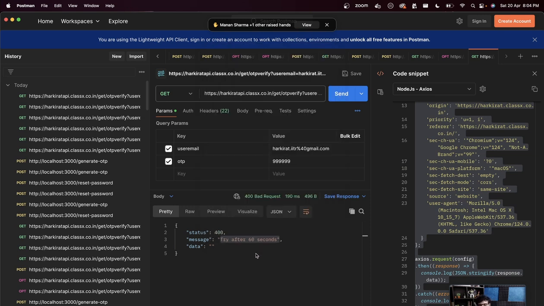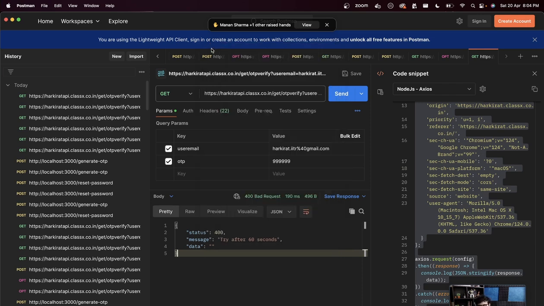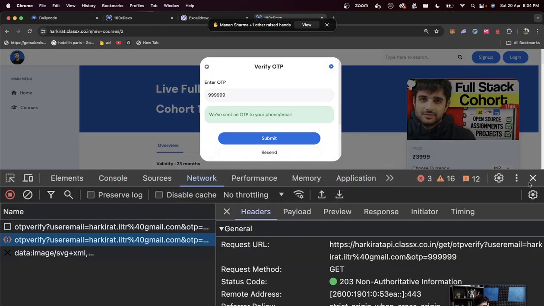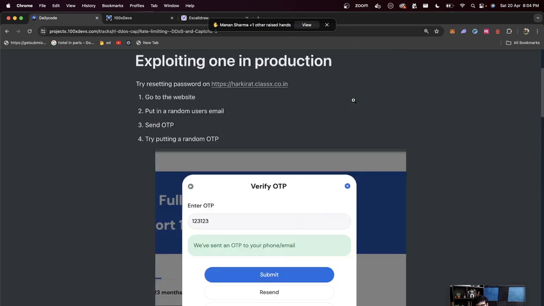Took them a long time. They finally added rate limiting when they got DDoSed. Then they added rate limiting everywhere, including to this endpoint. But it's a very ignored sort of vulnerability. There's a good chance you don't get paid anything. Either way, let's proceed then. If we understand how to attack a production website,